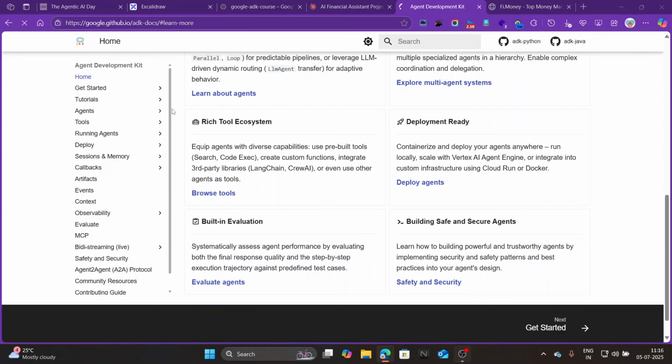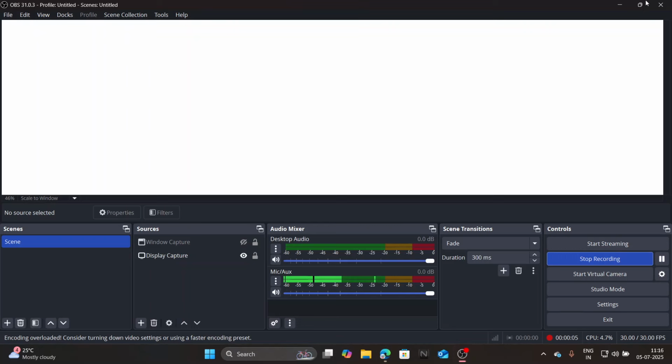Okay, let's deep dive into Google ADK and how you can create the agent using the Google Agent Development Kit.